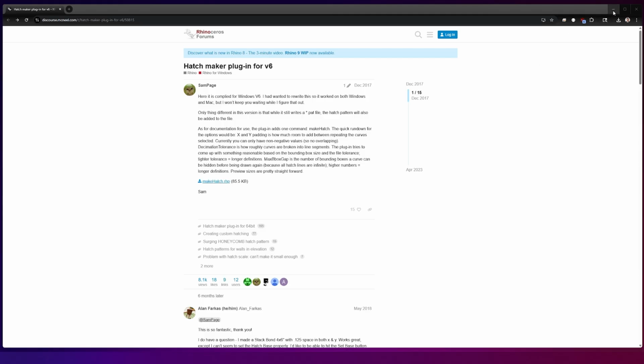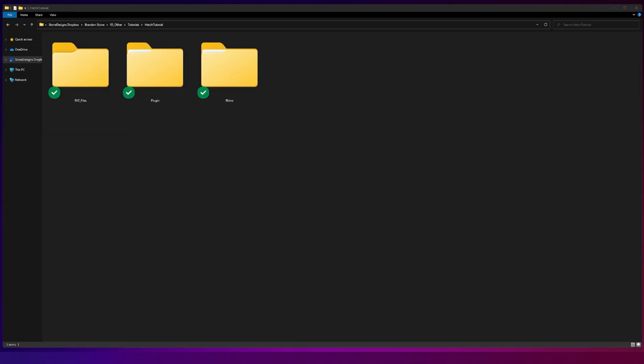And when we download that, we're going to want to save it to a location on our computer that we won't change. So this needs to live somewhere where you won't move it or accidentally delete it. So either save it in your program files on your local disk or maybe in your documents folder, wherever you know that you won't accidentally delete the file. Once you save it to that directory, we're going to open up Rhino,